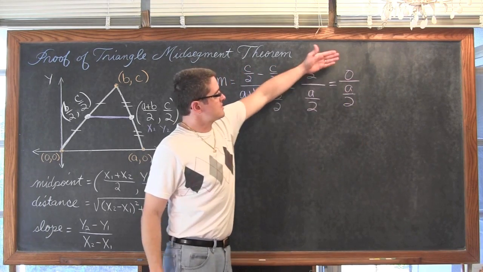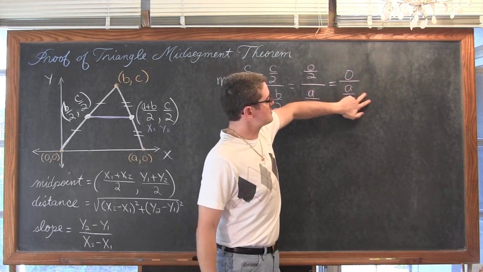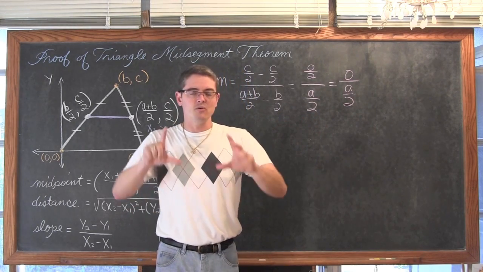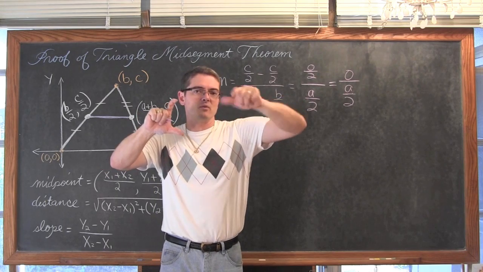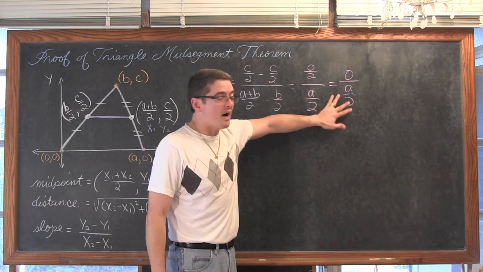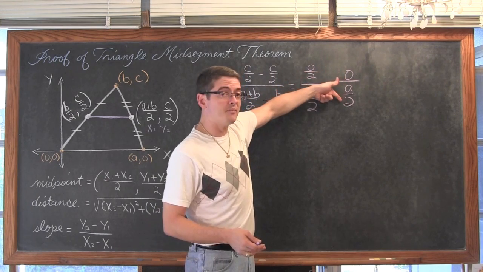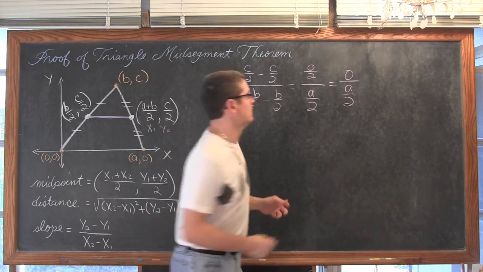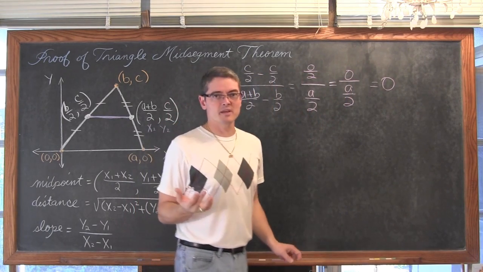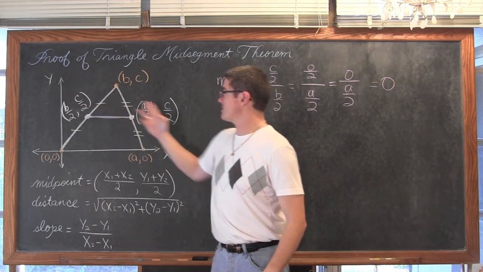And normally when I have a fraction over a fraction, I have to talk about how we would take this bottom and flip it up and change the division to multiplication, because you don't really divide fractions. If you have two fractions, you multiply by the reciprocal of the second fraction. But I don't need to worry about doing that, because again, I have 0 over something, and 0 divided by anything is going to be 0. Okay, so I've just validated what I kind of already knew in the first place, which was my midsegment is a horizontal line with a slope of 0, because my y-coordinates are the same.